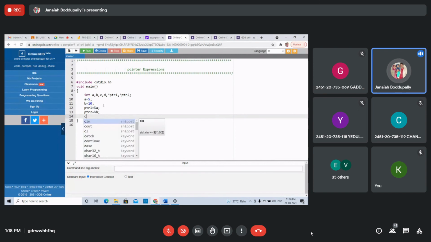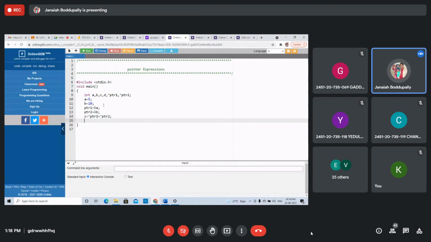Now calculate and evaluate some expressions. C equals to star of PTR1 plus star of PTR2, just adding the values. Next, D equals to star PTR2 by star PTR1 star 7, whatever.